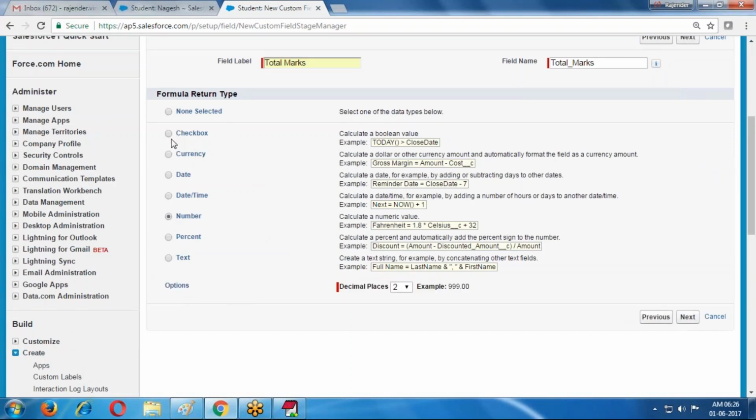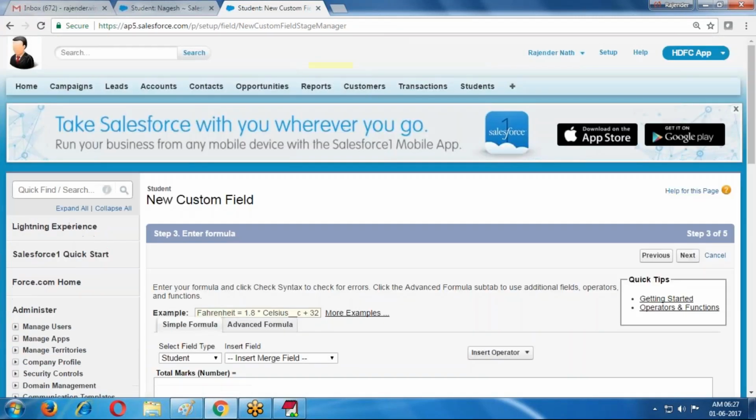If the value is currency, percentage, or number, for these 3 types the decimal places option is showing. If it is text, there is no decimal. If it is date, no decimal. If it is date time, no decimal. Checkbox, no decimal. Only currency, percentage, or number shows it. I don't want any decimal values. Click on next.